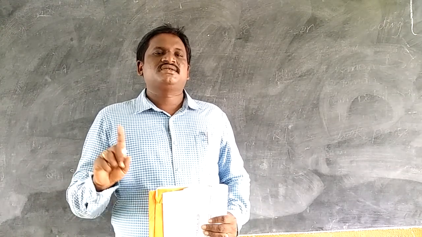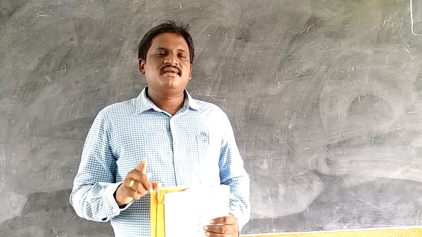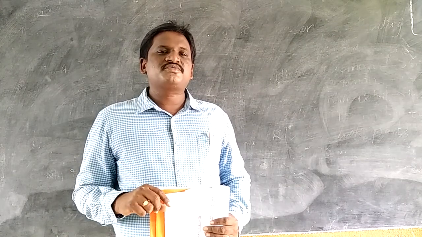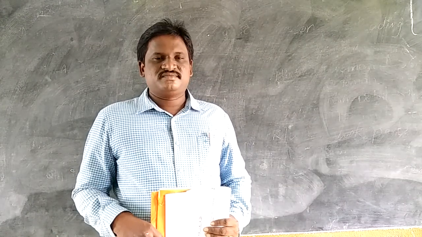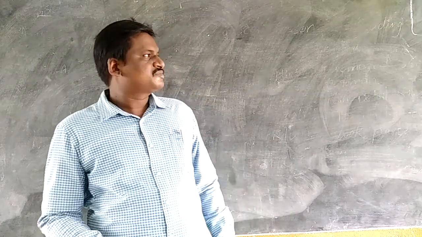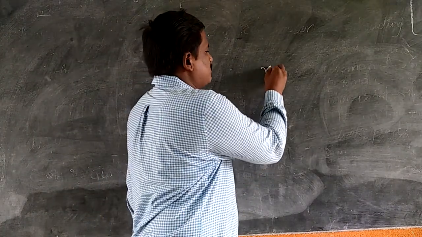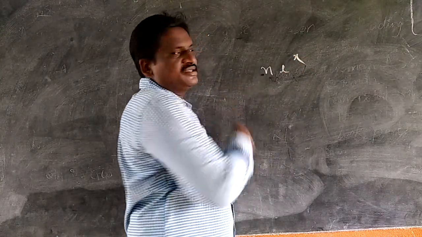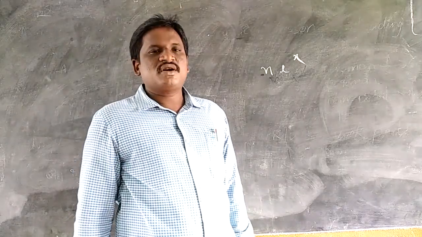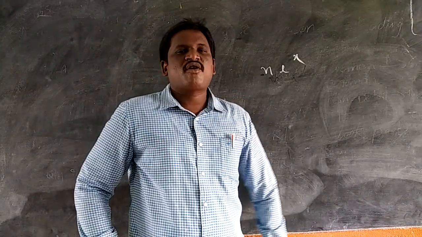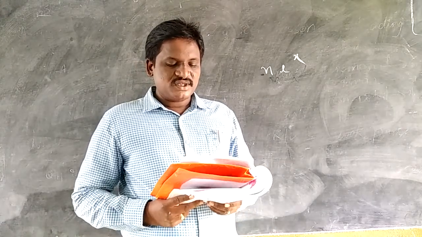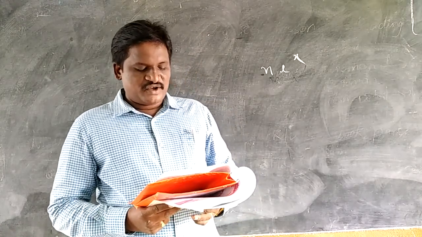Already in the first lesson, while introducing the lesson, we raised the question: how are electrons distributed in the space of the atom? This method is the nlx method. nlx means n is the principal quantum number, l is the angular momentum quantum number, and x is the number of electrons. The first question is over.